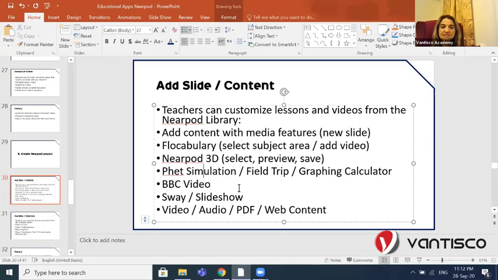We have added the video, we have added the 3D or VR field trip, and web content. We can add as much as possible to enrich our Nearpod lesson,